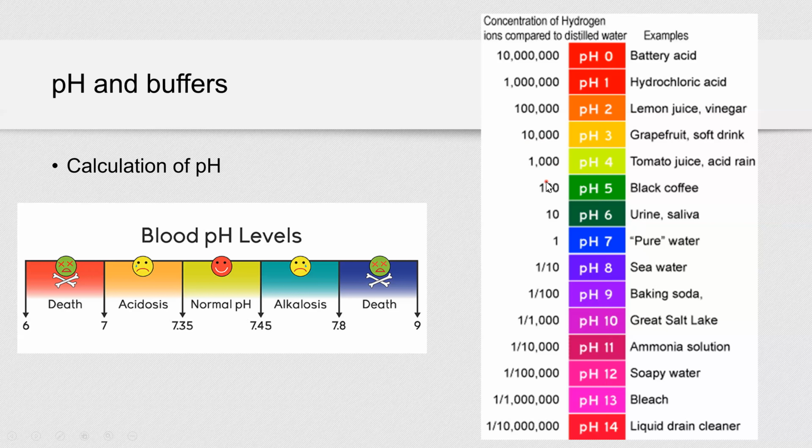This is the concentration of hydrogen ions. So the more hydrogen ions we have, the lower is the pH, so the more acidic this solution is. So acidity depends on the concentration of hydrogen ions. Keep this in mind, because it will be very important in understanding